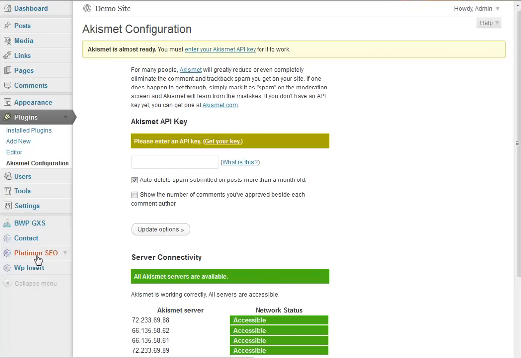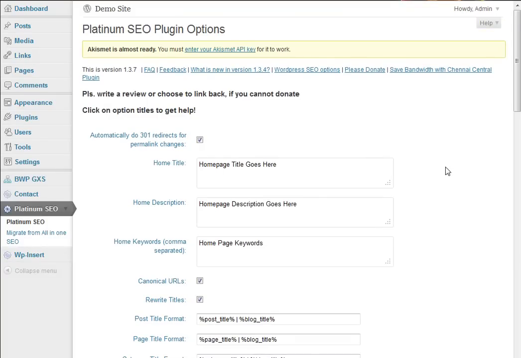Next, I'm going to jump down to Platinum SEO. There's a lot of plugins for SEO. You can use whatever you feel comfortable with. This one has a nice and clean interface, and it's pretty linear in the way we set it up, so it's quick to do, and it's pretty easy to take a quick look at it and see if you've got it